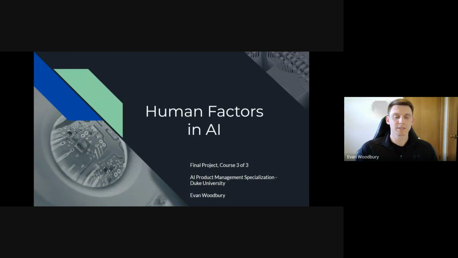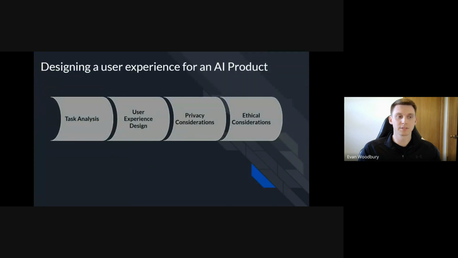Hi, my name is Evan Woodbury, and this is the third course for the AI Product Management Specialization with Duke University, and it's focused around the human factors in AI and basically considering humans when designing AI products. So I'm going to walk through designing a user experience for an AI product and some of the key considerations